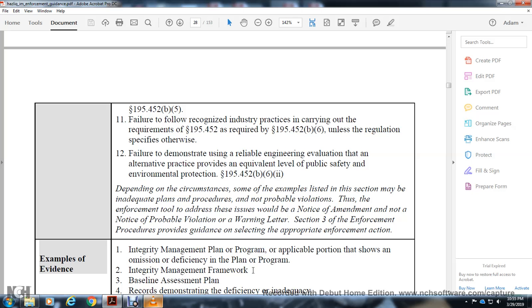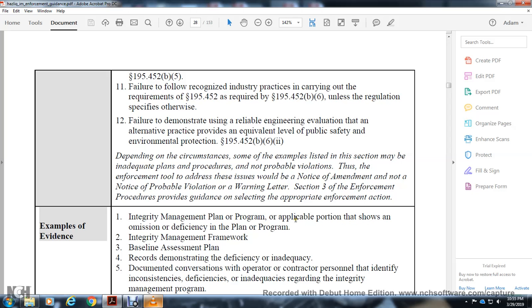Section 3. Enforcement procedure, which gives guidance for selecting the appropriate enforcement action. For example, the evidence: the integrity management program plan, or the applicable portion of the program, shows the omission or deficiency of the plan or program integrity management plan framework. 3. Baseline assessment plan. 4. Records demonstrate the